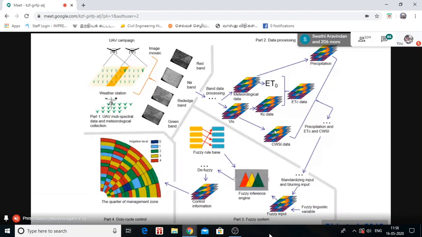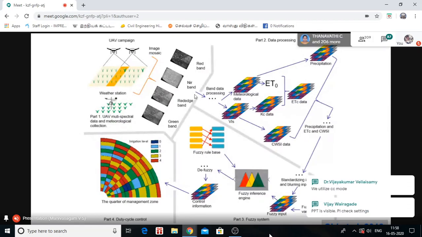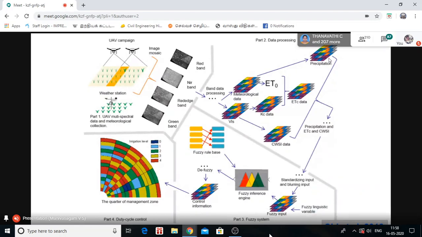So you have a lot of information. You know what is the crop water requirement. You know how much the plant gets stressed, and from the weather station you know how much rainfall has happened previously, like if the rainfall happened 2 or 3 days back. So all this information can go into the decision making systems.